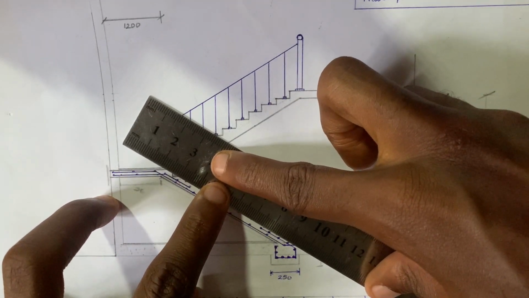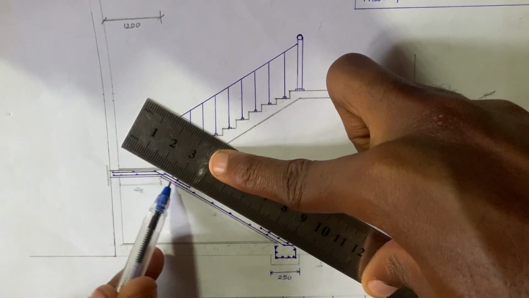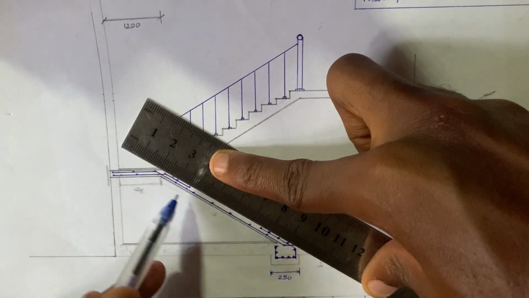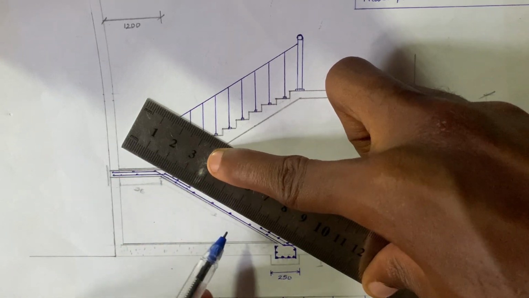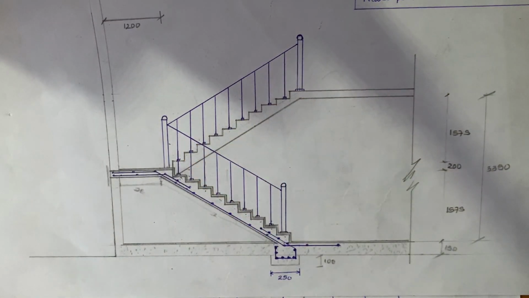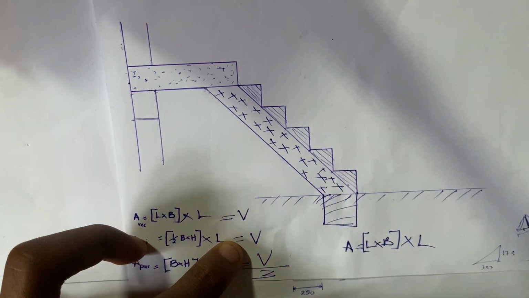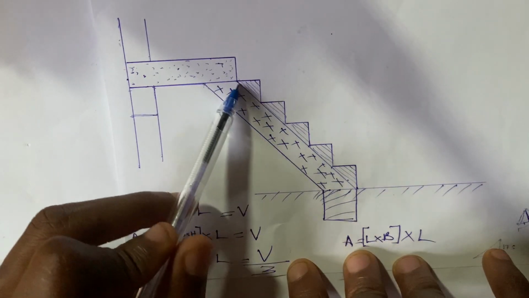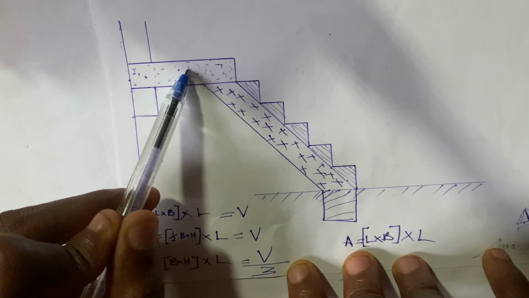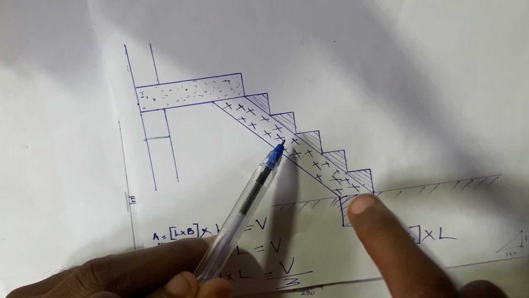So the next thing I'm going to be cutting is what? The waist. If I isolate the steps and I isolate the landing, we are going to be having this parallelogram here as our waist. So after isolating the waist, we are going to be having the base of the staircase. And this is what I mean. As you can see, this is a caricature explanation of what I just did. We've isolated the steps, forming triangles. We've isolated the landing, forming a rectangle. We've isolated the waist, forming a parallelogram, and the same as the